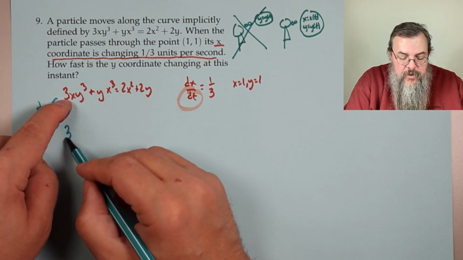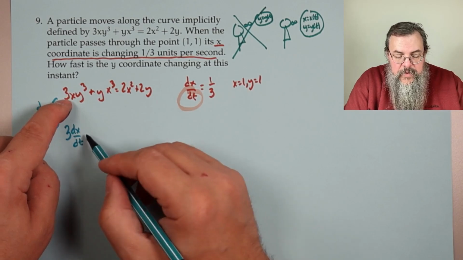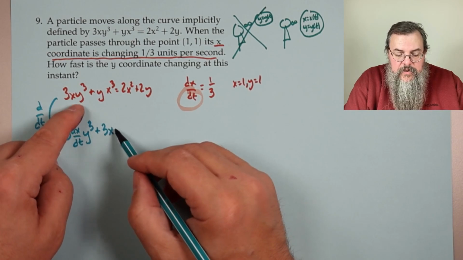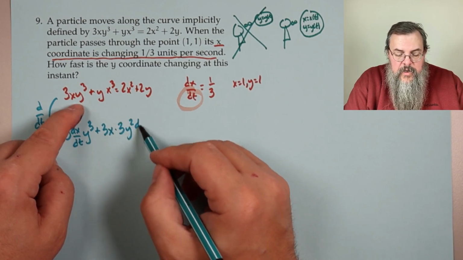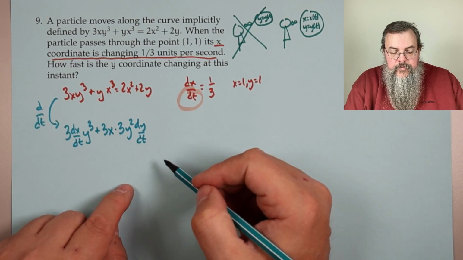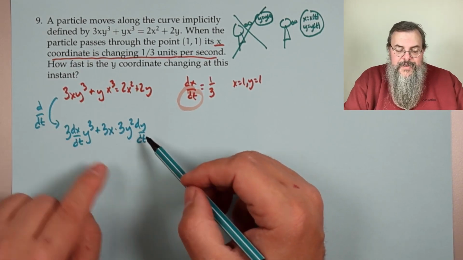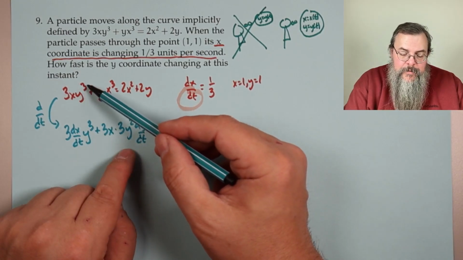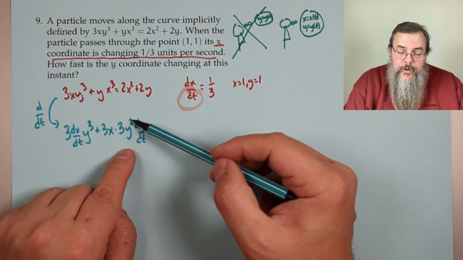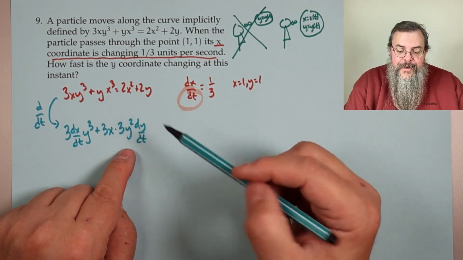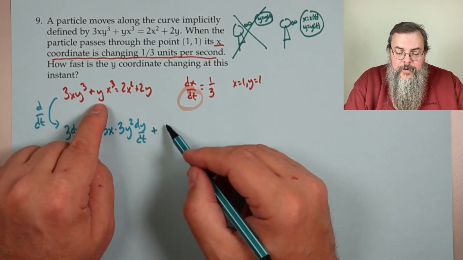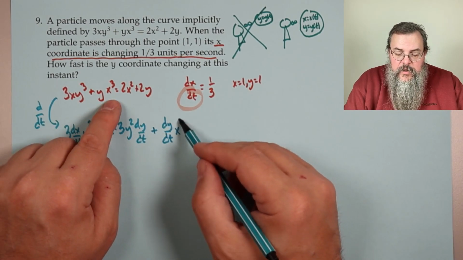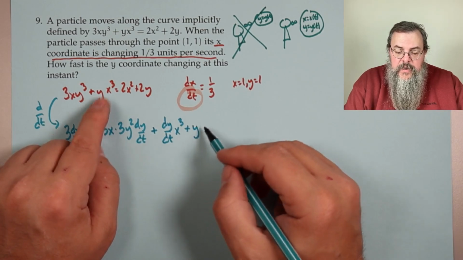So derivative of the first, 3 dx dt times the second, y cubed, plus the first times the derivative of the second, which is 3y squared dy dt. Yes? So where's this 3y squared dy dt coming from? Chain rule. Derivative of y cubed, 3 comes down, y to the 3 minus 1 times derivative of the inside. All right, and then similar for the rest. Derivative of y, dy dt, and then leave the second term alone. Plus, leave the first term alone, derivative of the second term,